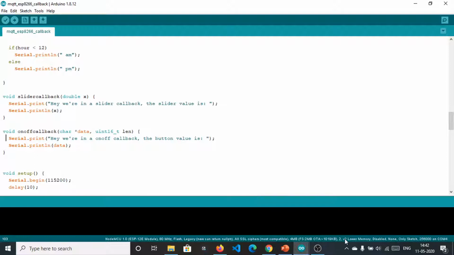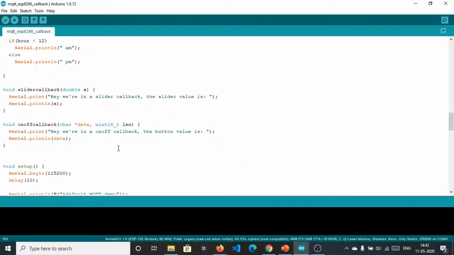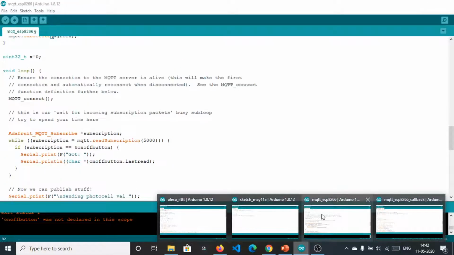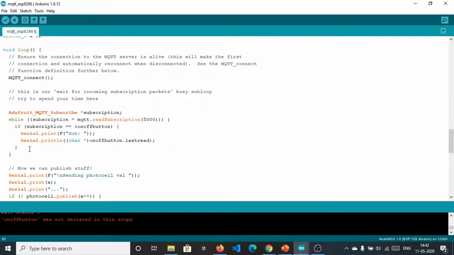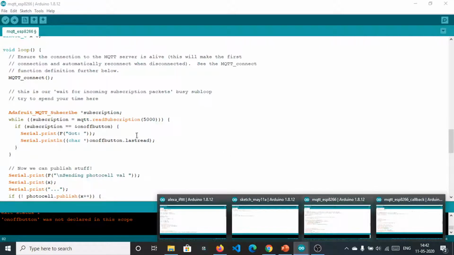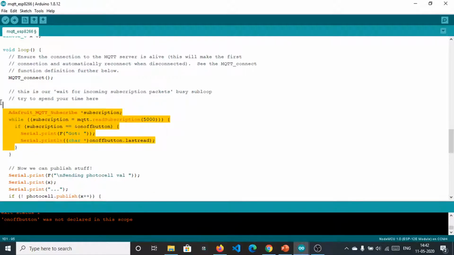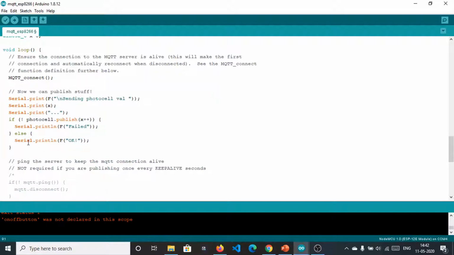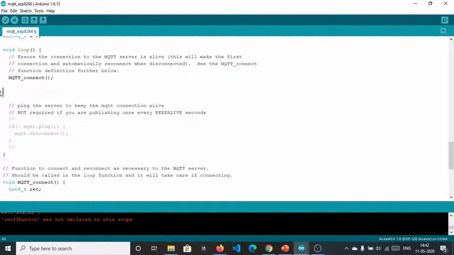Fine. So what I am doing right here is using this sketch as a reference, and we will delete the methods for subscription. For this type of subscription, we will use the technique used in the other sketch. First we need to delete this type of subscription, and second, we are not publishing anything, so delete this one.